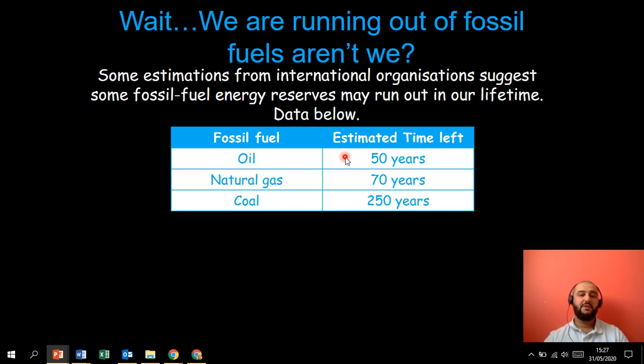Natural gas. Again, there's been much in the news about fracking. Fracking is the process of using high pressured water or even gas, such as CO2, to break up pockets of gas that are trapped within rock structures under the surface of the earth. This has caused